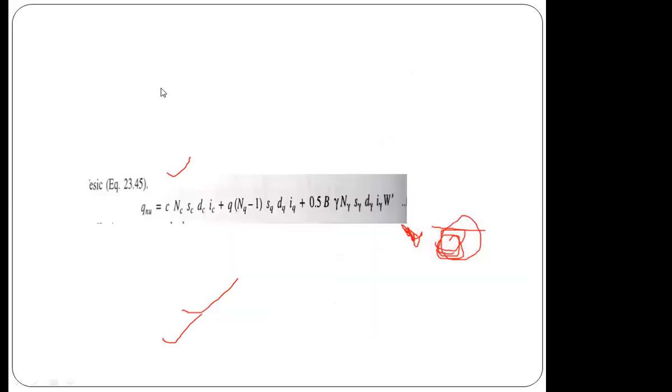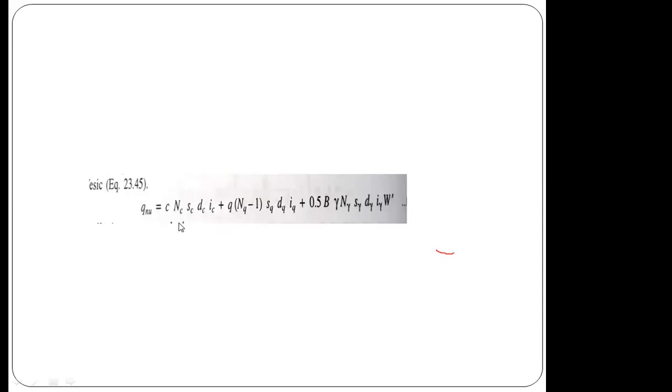So this is the equation for Meyerhof's bearing capacity. You all know what is meant by qnu. qnu represents net ultimate bearing capacity. n represents net, u represents ultimate, q represents bearing capacity. qnu represents net ultimate bearing capacity. This is given by the scientist Meyerhof.